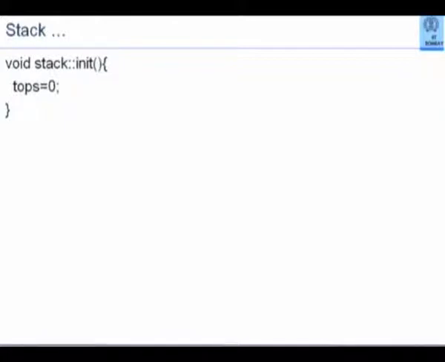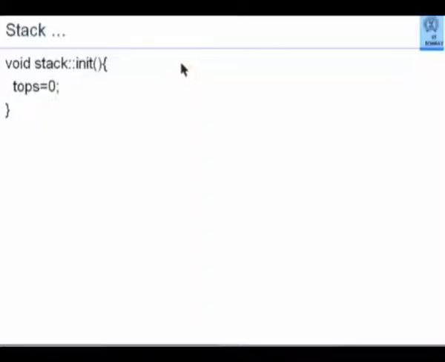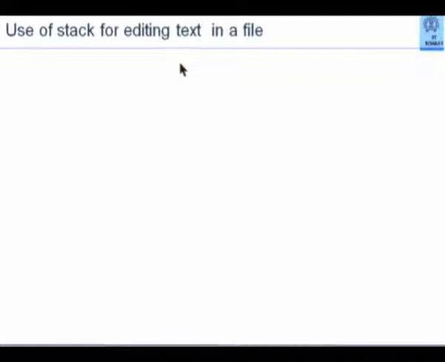Notice again that it is not at all required to initialize various values of the array. I am never going to use them. I am going to look at only one element at a time, and only that element which has been pushed by me. Unless something is pushed, I can't pop. So there is no need to do anything else except to set top S to 0, which means the stack is empty.